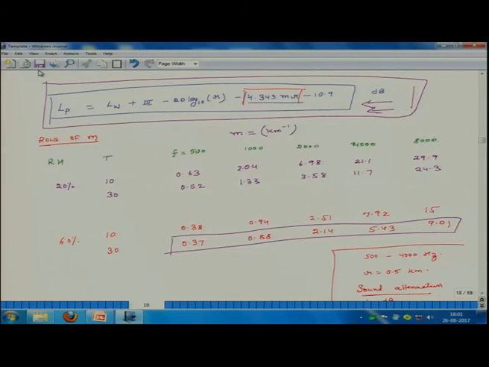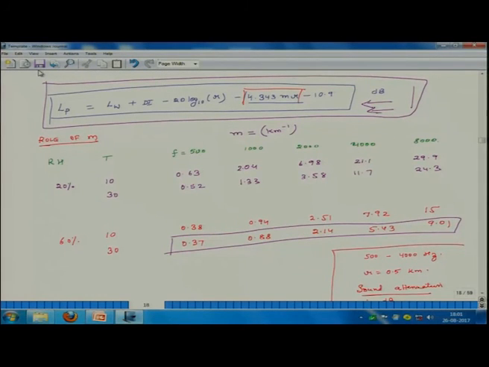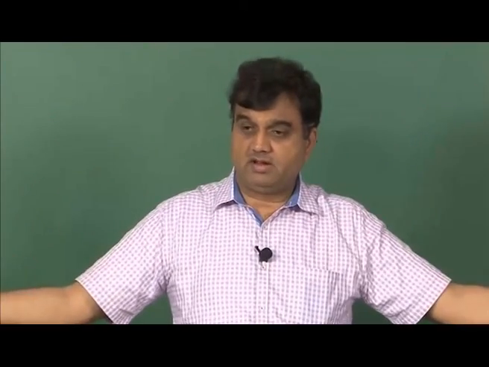If it is ground, soil and things like that, it is not a perfect reflecting surface, but if we have perfect reflecting surfaces, in presence of one reflecting surface, we add 3 to this equation. If 2 reflecting surfaces, we add 6, if 3, we add 9. But that is again the situation when we have perfectly reflecting surfaces. So, this gives you an overall idea how to compute LP when the object is outside a room.